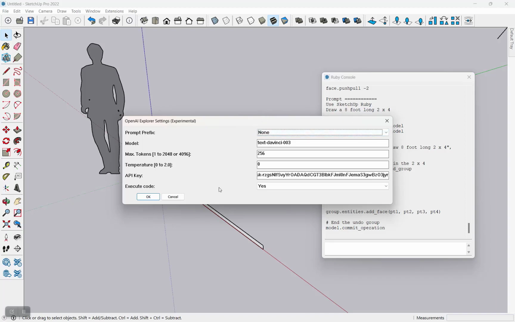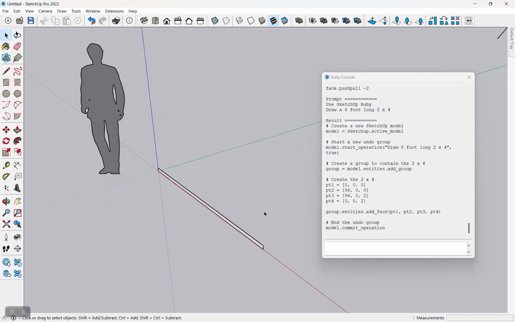And then at that point, it's not code that comes back, so you most probably will not want to execute code as well. So the first and the last, they kind of work together, although sometimes you may just want to look at code and not execute it anyways. But in any case, this would be the other way to use the whole thing. Prompt prefix none. Execute code no, click on OK, and then of course you can do your chat approach, and you can ask things like